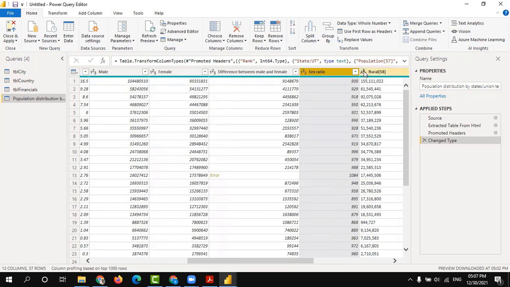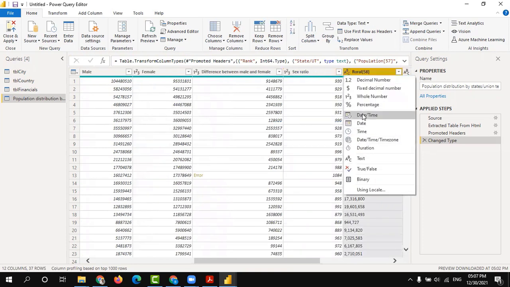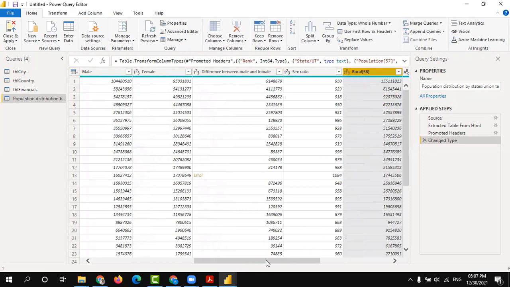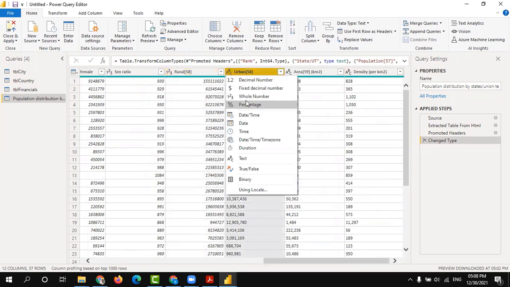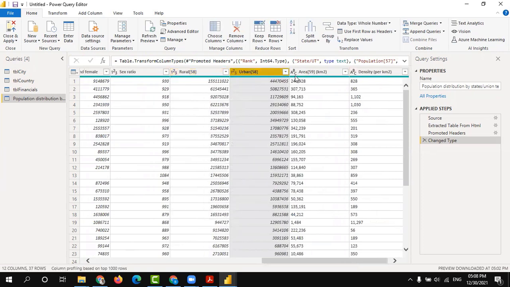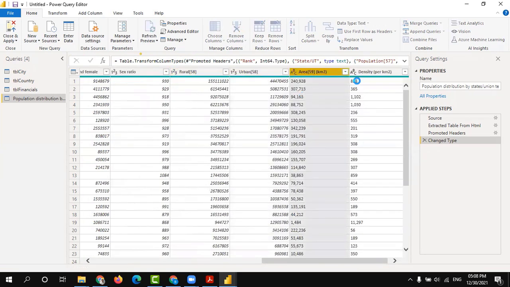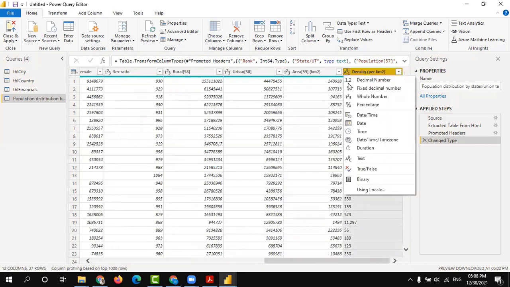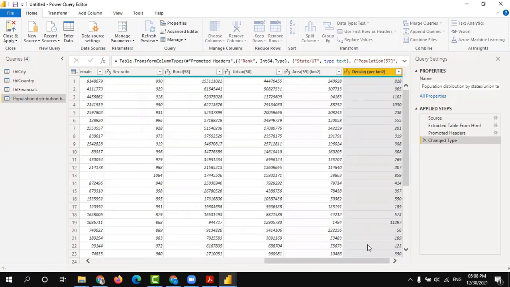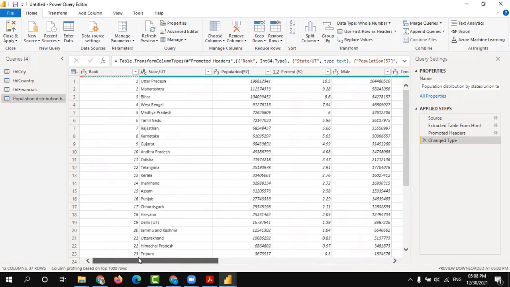And rural, it is also whole number. Urban, whole number. Area, whole number. Density per kilometers, this is also whole number. So this is how you can transform the data.